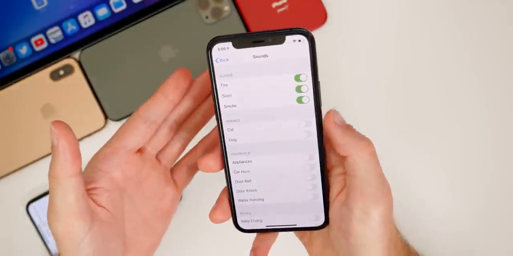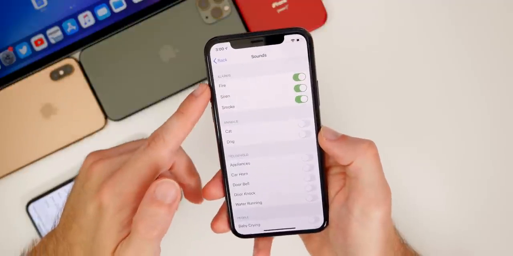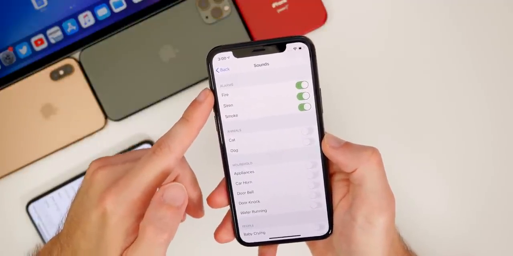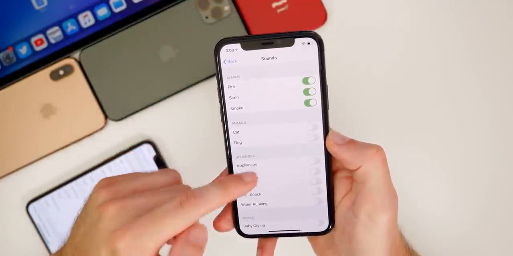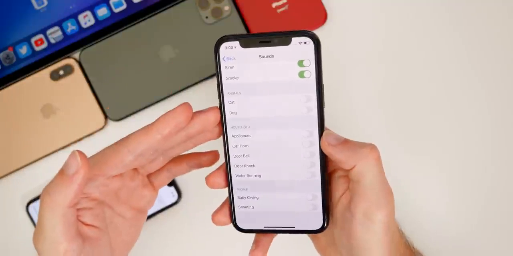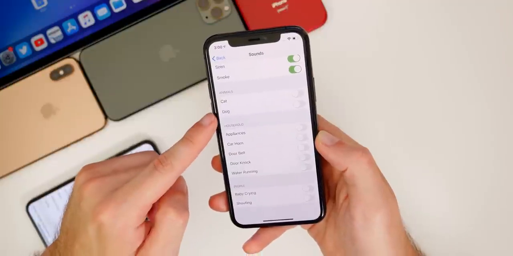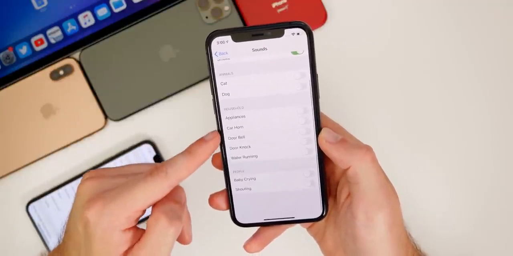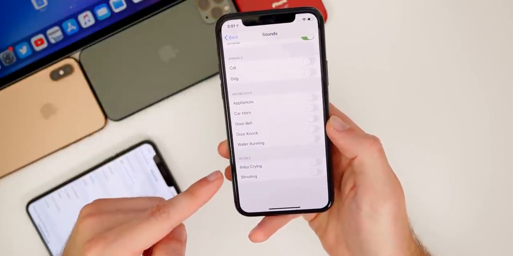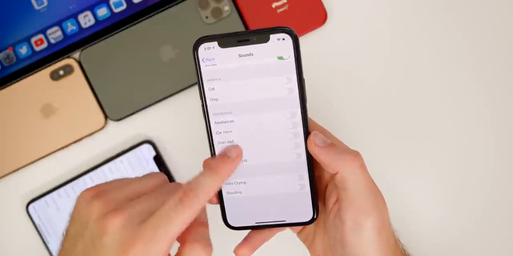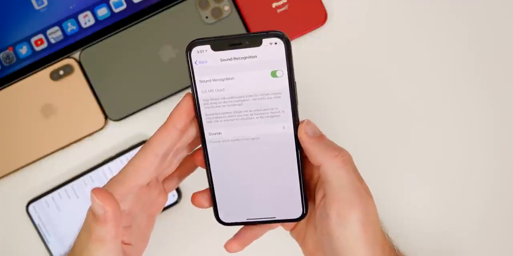So basically, imagine somebody is deaf or is very hard of hearing or just has some disability and they can't hear properly. Your iPhone will now alert you when it detects a fire sound, like the sound of a fire alarm, the sound of a siren, the sound of a smoke alarm, or if you have an animal, maybe your cat or dog needs to be fed, but you're deaf and you can't hear that, your iPhone will pick up on the sound of a cat or a dog making a noise. And you can see for household appliances here as well, car horn, doorbell, door knock, water running, and baby crying, and somebody shouting or a baby shouting as well. You have all these options in here that is going to be extremely beneficial for those hard of hearing or